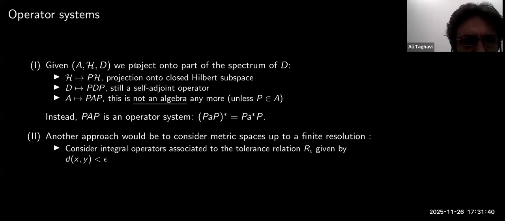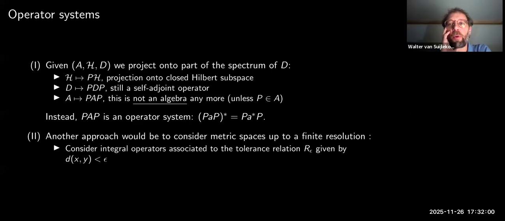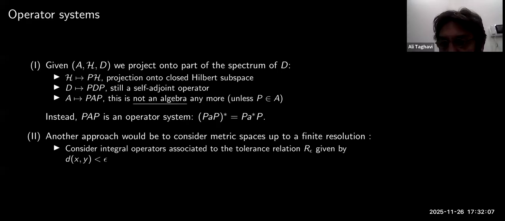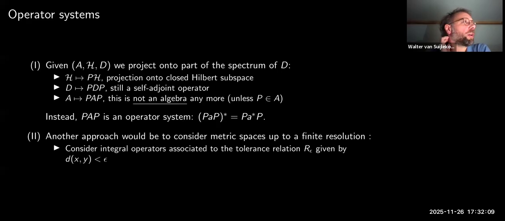Excuse me, I have a question about the projection D maps to PDP. After this projection, do we still have the bounded commutator property? Because before this projection, DA is a bounded operator. So after this projection, do we still have this bounded commutator? What I said here was for convenience, I was looking at finite dimensional truncations. But yes, more generally, I think it still holds,